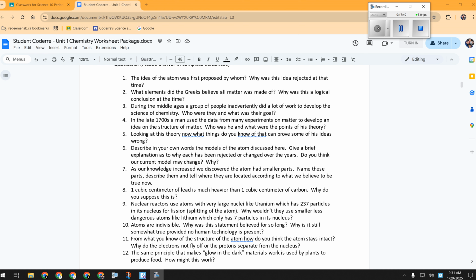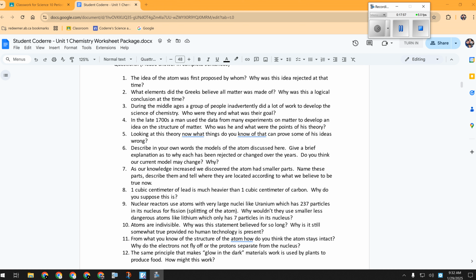Okay, they also had a goal of creating the elixir of life. That didn't work out well for test subjects generally. Usually it was like mercury and arsenic and things like that that are highly toxic, and so yeah, the elixir of life usually was the elixir of quick death.